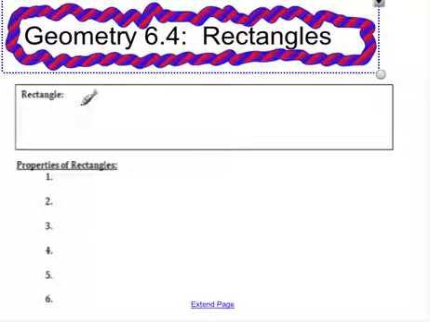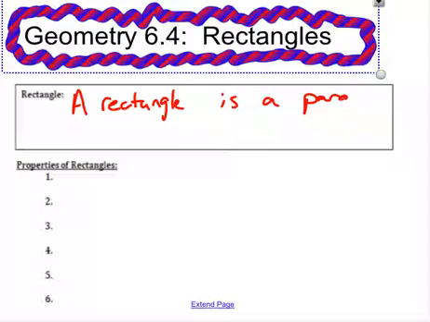A rectangle, so you guys are going to have to get used to my handwriting too. So is a parallelogram. Alright, so we did parallelograms. There was a little quiz before the final where we started talking about parallelograms with 4 right angles